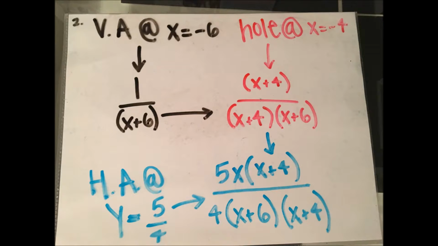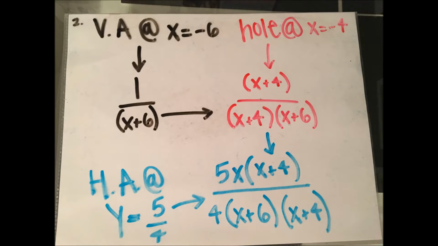Directly to the right of that, written in red, shows how you get your hole at x equals negative 4. The way that you do that is you have both an x plus 4 in the numerator and the denominator. The reason that creates a hole in the graph is that if you were to plug in negative 4 into those equations, you would get 0, and also those x plus 4s cancel out, so x equals negative 4 just doesn't exist in the graph,